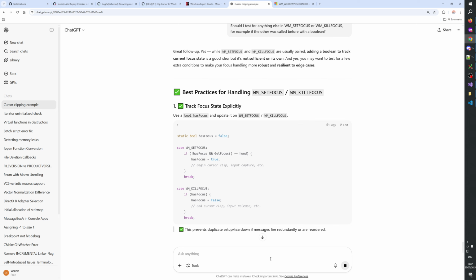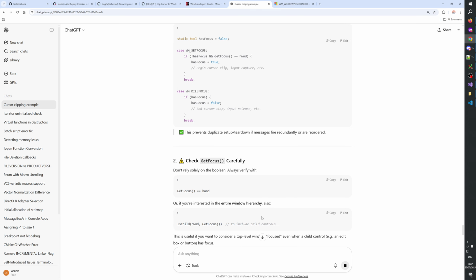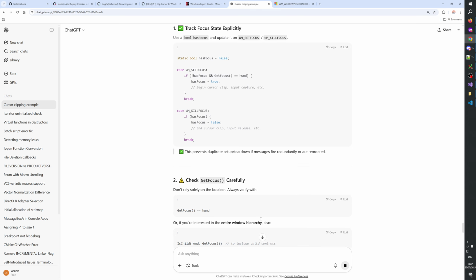Jesus Christ, it's more. And cursor clip. This prevents duplicate setup and tear down if messages fire redundantly or are reordered. Check get focus carefully. Don't rely solely on the boolean, always verify.